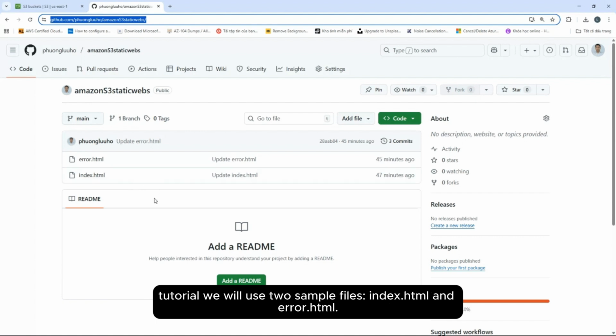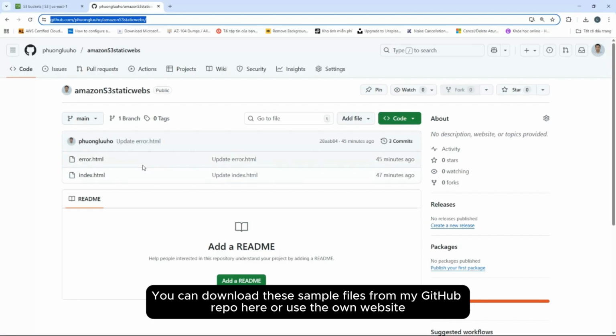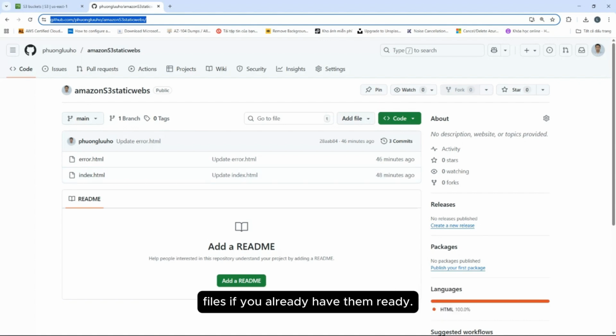For this tutorial, we will use two sample files, index.html and error.html. You can download these sample files from my GitHub repo here, or use your own website files if you already have them.